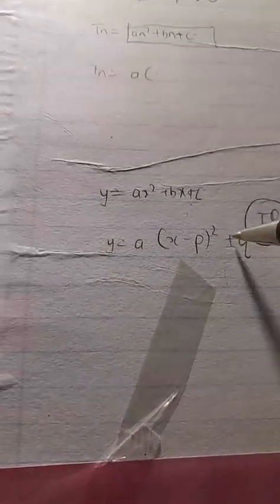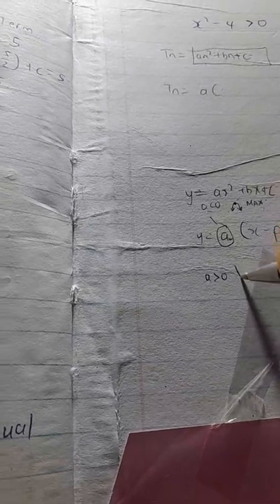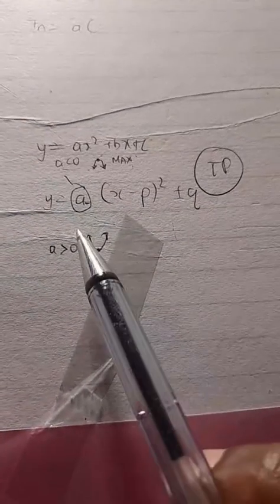Depending on the a value, if a was less than 0, that would suggest a is negative, face down. If this is negative, we have a maximum value, because face down means at the top there's a maximum. The turning point is at the top. Remember that? Then if a is greater than 0, that's a happy face, and we have a minimum, because at the bottom we have what we refer to as the minimum. So this was the turning point form.